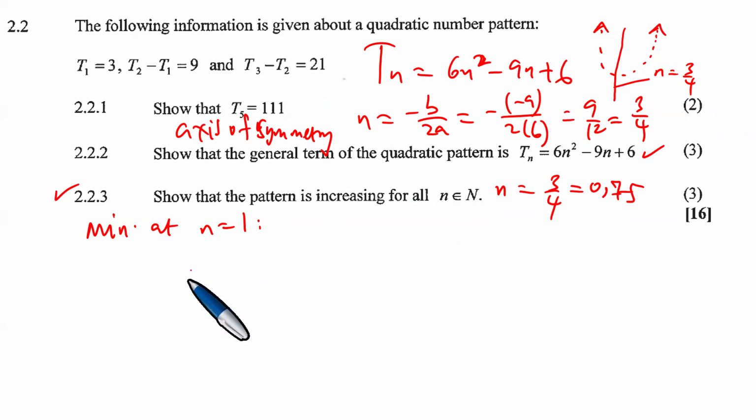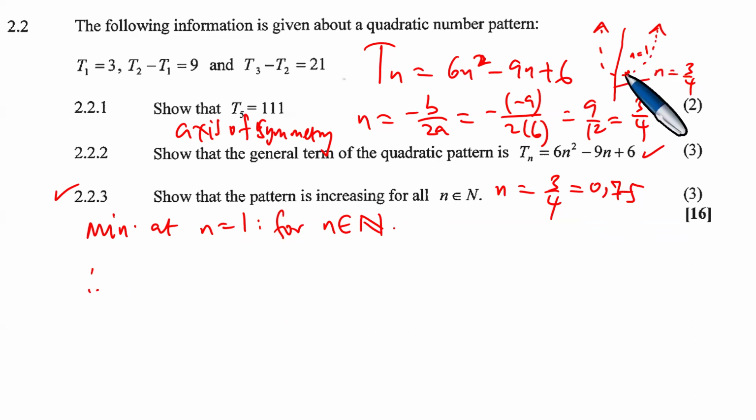The 3 over 4 is not an integer, so the minimum will occur at the nearest value, and therefore it's going to be at 1. And in the natural numbers, we're taking the natural numbers. So at n equals 1,